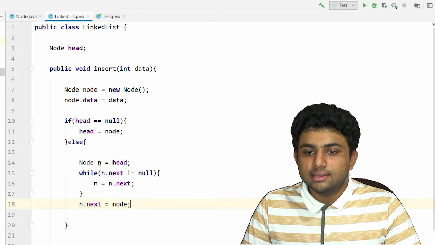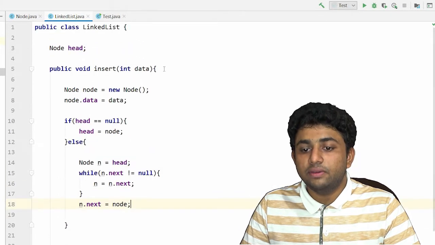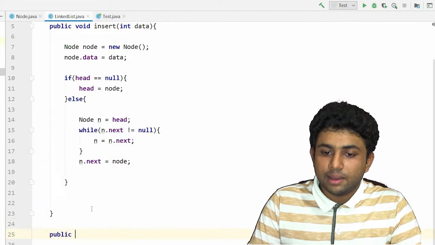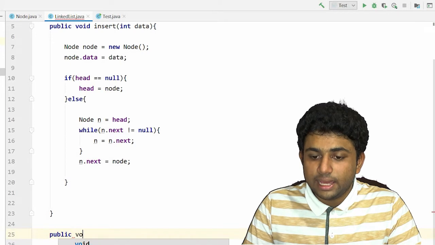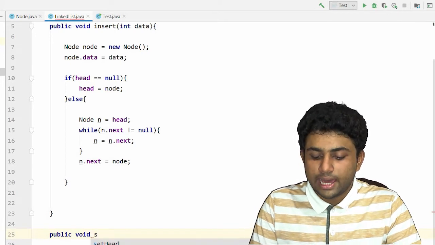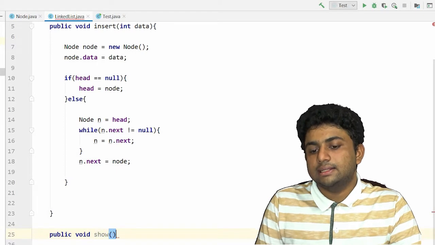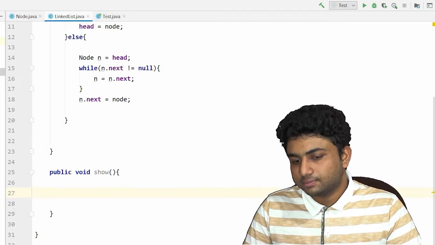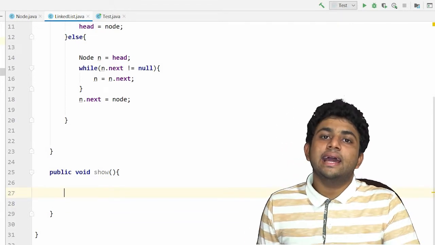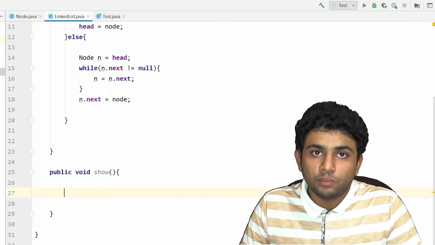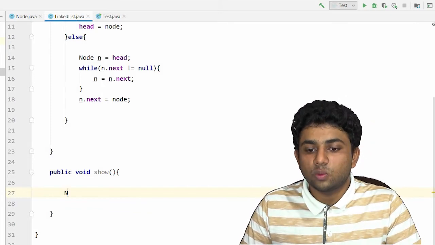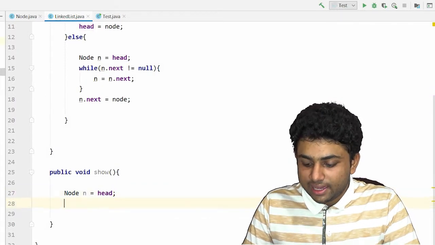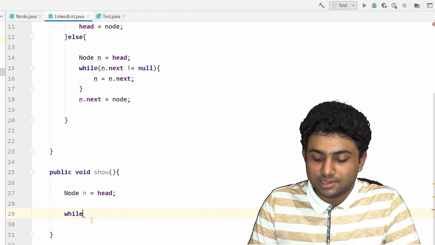So I think the insert should work, but still we can't be sure because we can't see the values in the linked list. So I'm going to create another method to display what we have in the linked list. I'm going to call it the show method, and in the show method I start from the head and keep on printing the values till the point of the last node. So I need to start from the head. So I'm going to create another node which is going to equal head, and same here I need to use a while loop because I'm